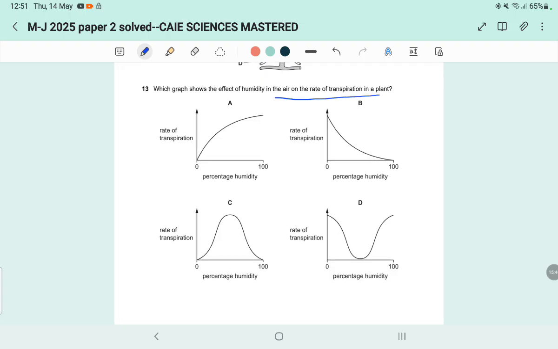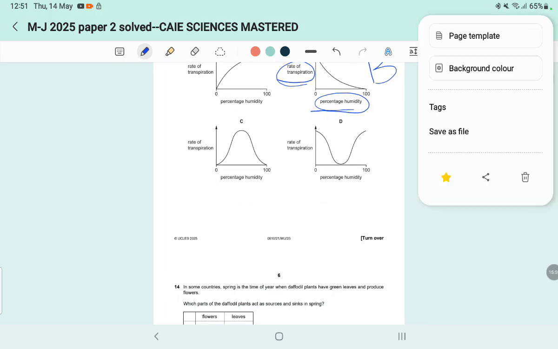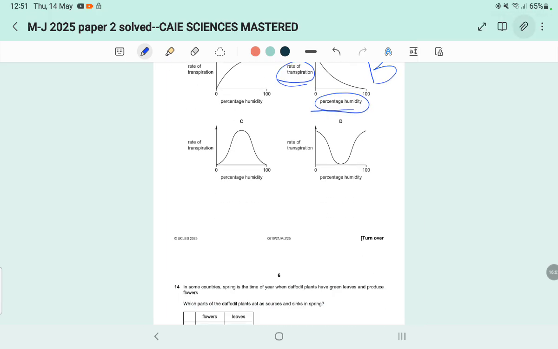Humidity in the air on the rate of transpiration in plants. First of all, we need to ask ourselves, what is the effect of humidity on a plant? Okay, let us see. 13, first of all, the answer will be B. Why? As the humidity increases, the rate of transpiration decreases, because if I come here,